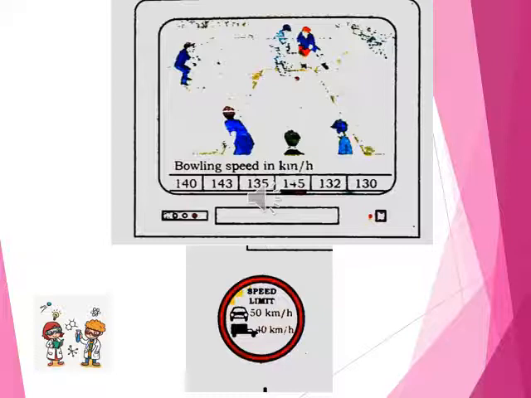See the second symbol. We often see this symbol on the roadside, at the cross borders or at the square. 50 km per hour, and the jeep symbol shows 40 km per hour. It means it is the speed restriction for that particular area. So it also indicates distance divided by time, and that is known as the speed.